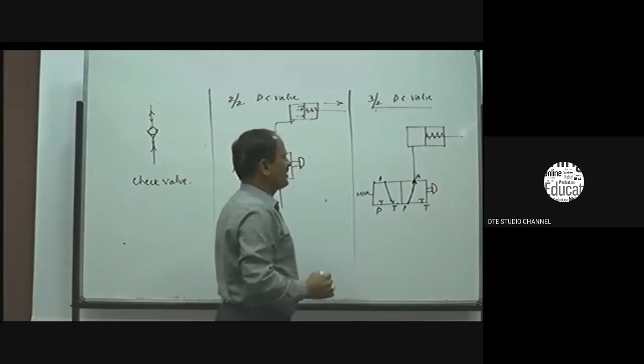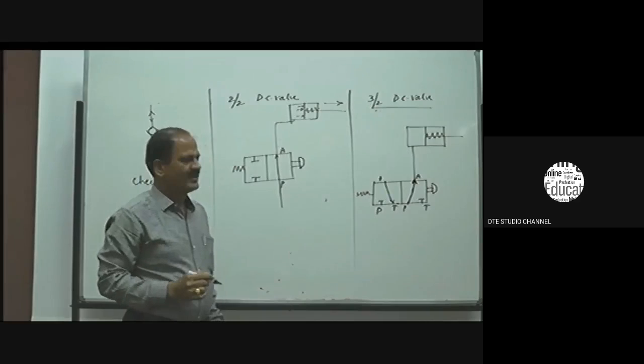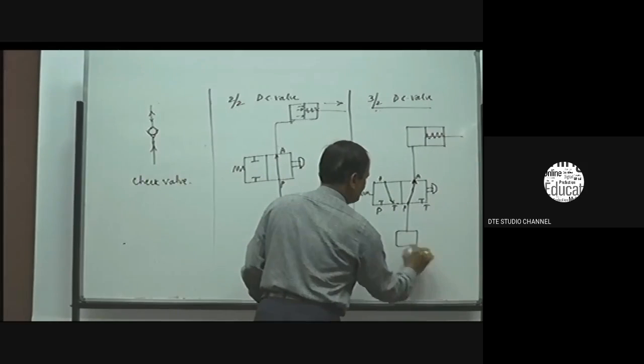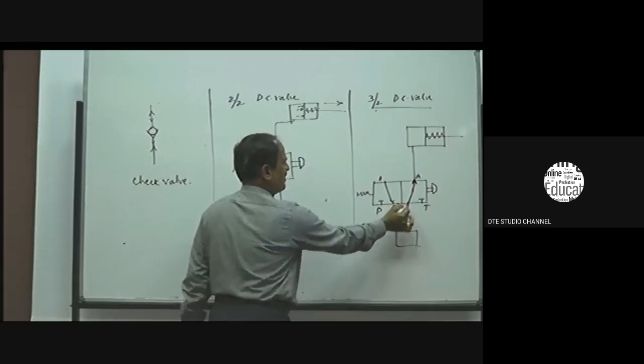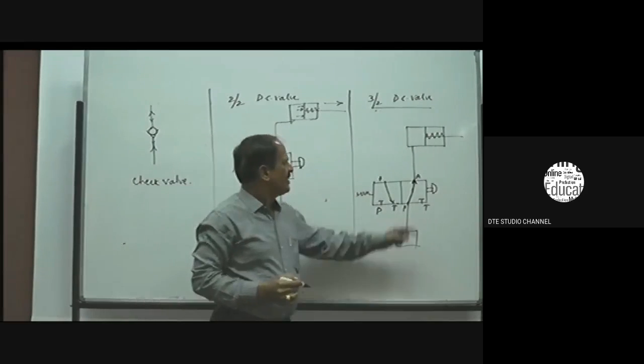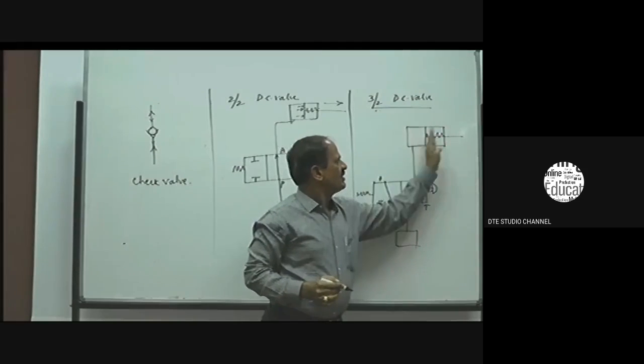It is also used for the single acting cylinder. This cannot be used for a double acting cylinder, only a single acting cylinder. In the first position, from the pump, connection is made from P to A. It enters the end of the cylinder, and the pressure acts on the piston and the piston moves. It is known as extension.